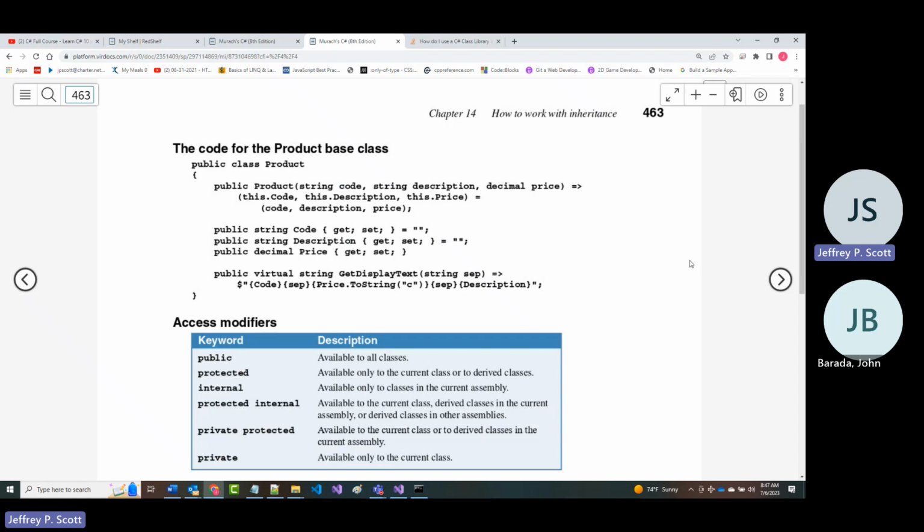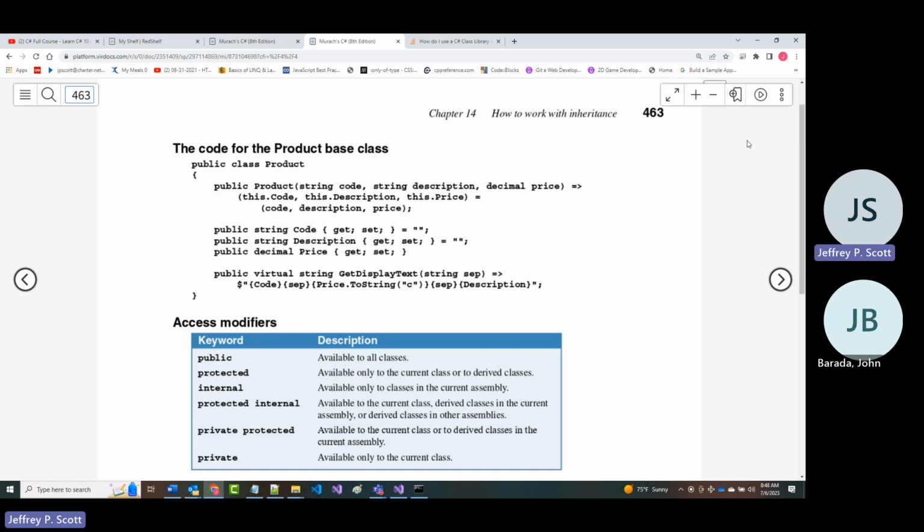Then you'll notice there are 4 other things that are in here. The second one shown here is protected. And what that means is if I declare something in product, if I were to make these protected, for example, instead of public, that means that the parent can change them and so can any child change them.